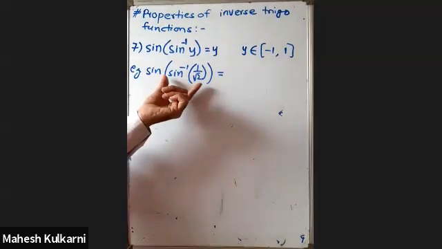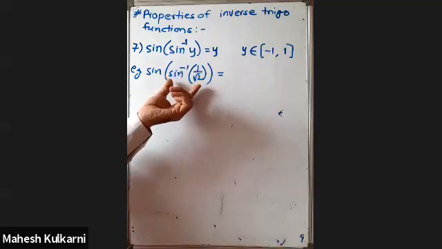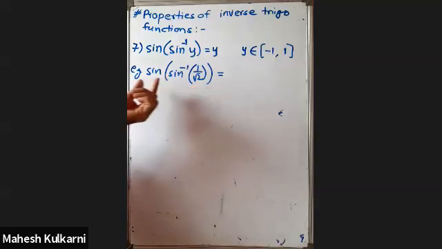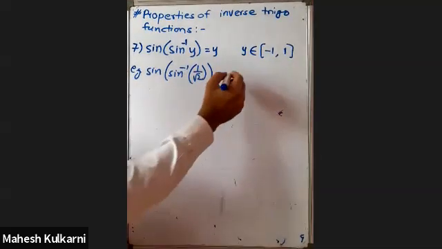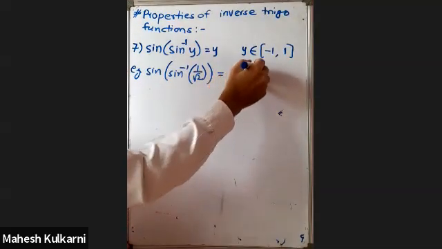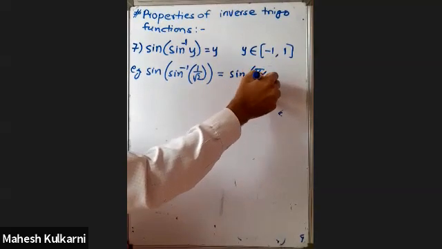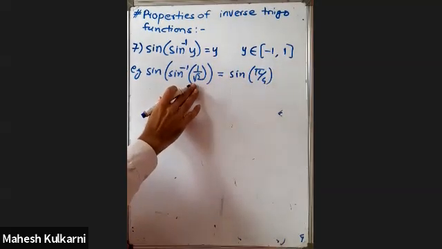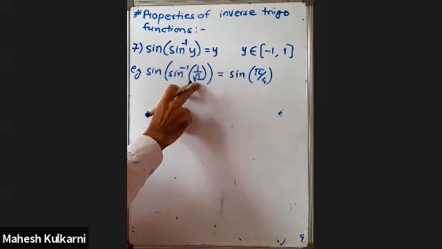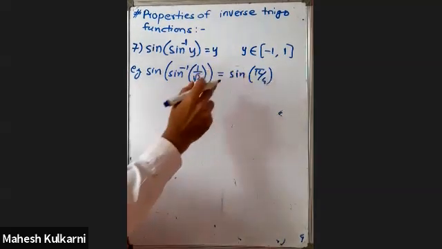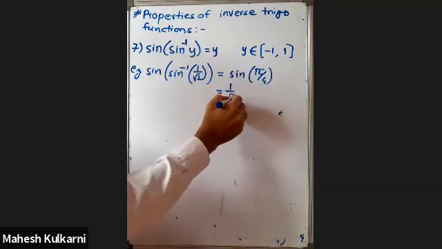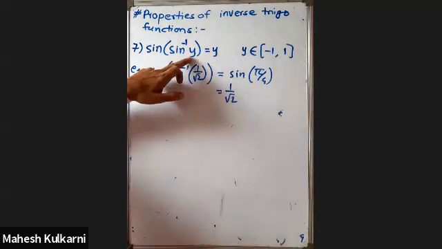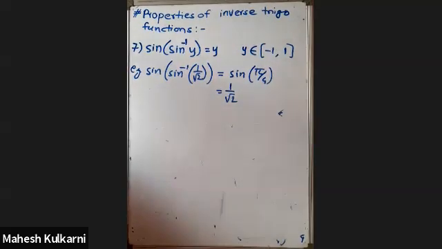अगर मैं पहले से सिंप्लीफाई कर दूं तो साइन इनवर्स 1 बाय रूट 2 हो जाएगा पाई बाय 4, और साइन पाई बाय 4 once again it is 1 by root 2. So this becomes sine pi by 4 because this value is 1 by root 2. So sine inverse 1 by root 2 is pi by 4. And what is sine pi by 4? It is again 1 by root 2. As like this. Why? Here the value is 1. So sine of sine inverse of this.